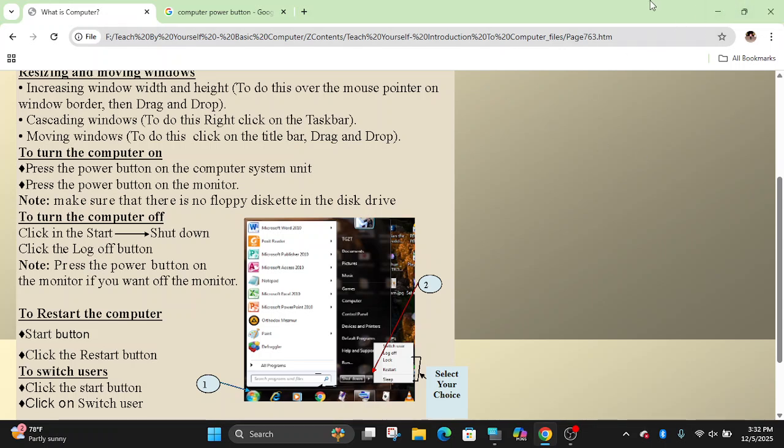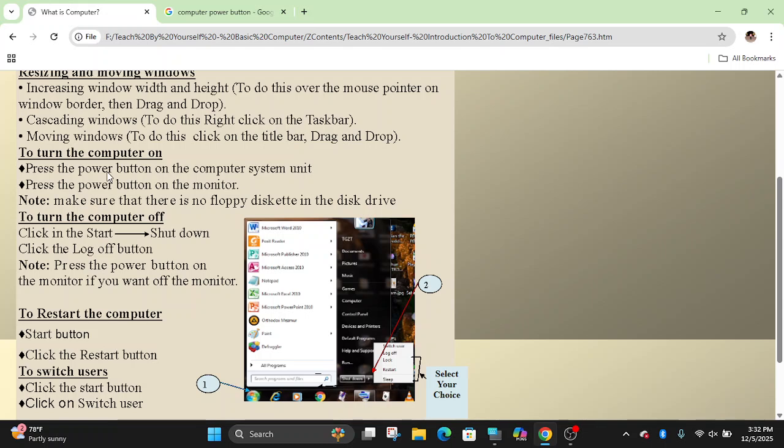If you want to save, what you have opened is stored temporarily under random access memory. We have to transfer it into the computer's secondary storage drive, which is the hard disk, or to a removable disk like a flash disk or external disk. Then we have to turn off properly.